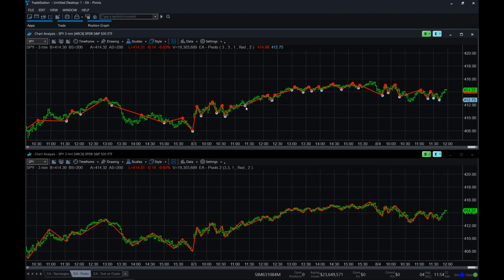Then rather than connecting the high to the low, what I want to do is say, okay, keep going, because it was a higher high and a higher low. Keep going with the high, if you will. I don't know if I'm saying this all correctly, but